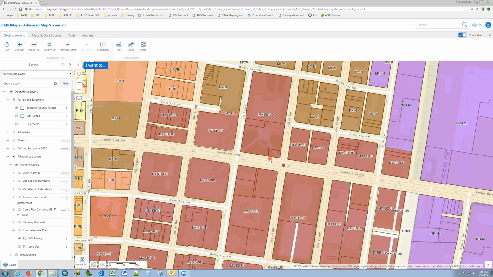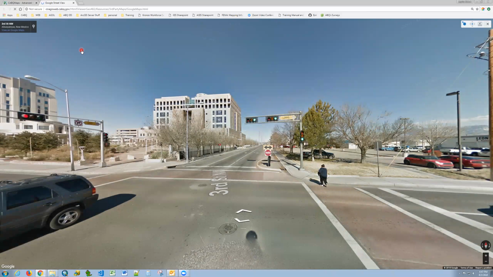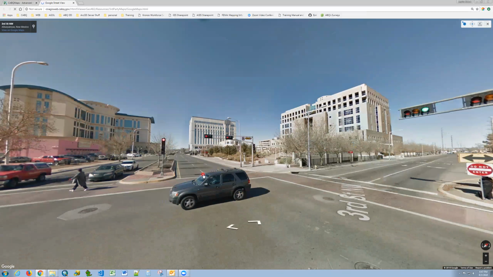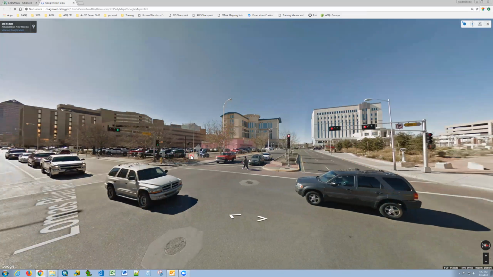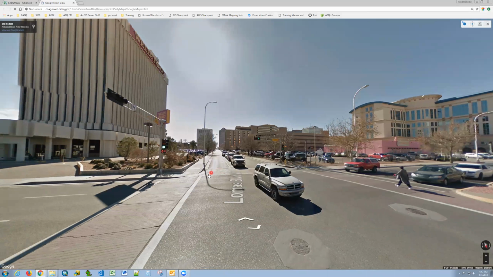So to get a better look at that intersection, just go up here to Maps and Data Sources and click the Google Street View tool. A new window is automatically opened with the location set to your map location, which right now is the intersection of 3rd and Lomas. To see the synchronization between the two, you can dock Google Street View in the map